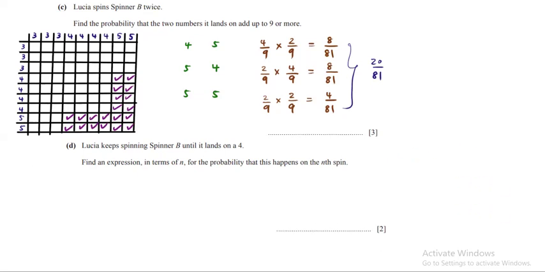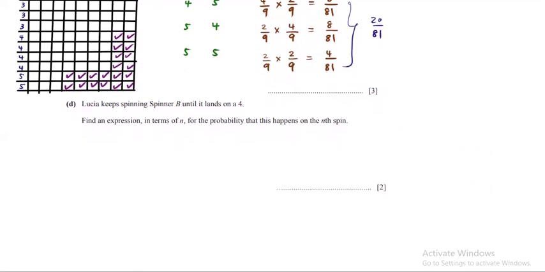Question D. This is the last part of this probability question. Let's see what we have here. Lucia keeps spinning spinner B until it lands on 4. Find an expression in terms of n for the probability that this happens on the nth spin. This is a very important question. So now for